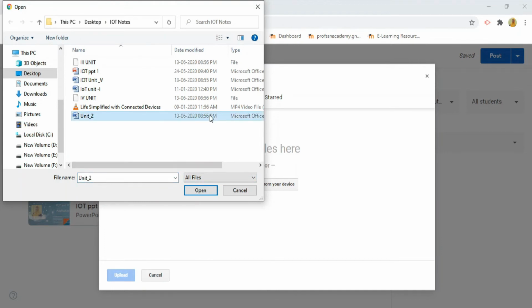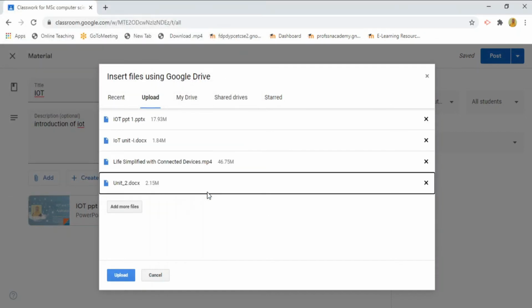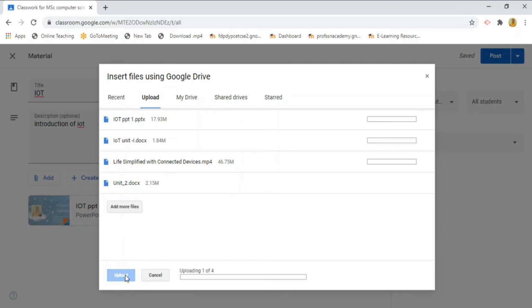From that, you can select any file like a Word file or PPT file or video file which you want to upload. Here I am selecting all the three files, that is Word file, document, PPT and video file, and just click upload. Now it will start uploading your content to the course material.